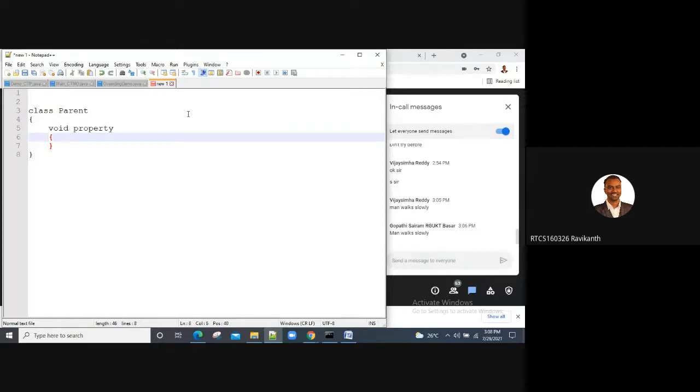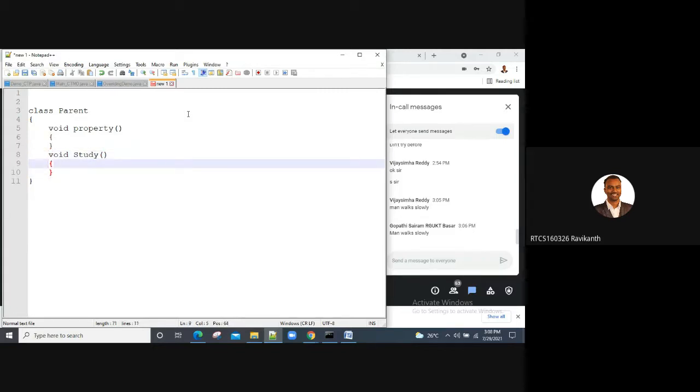Then parent said if you study well, only then this property will be there. Again, he has put a constraint like study. So there are two constraints from the parent.